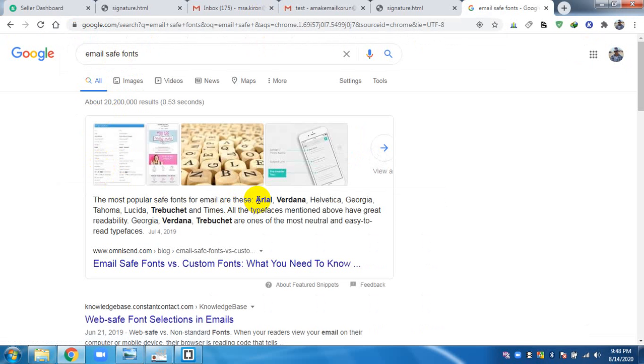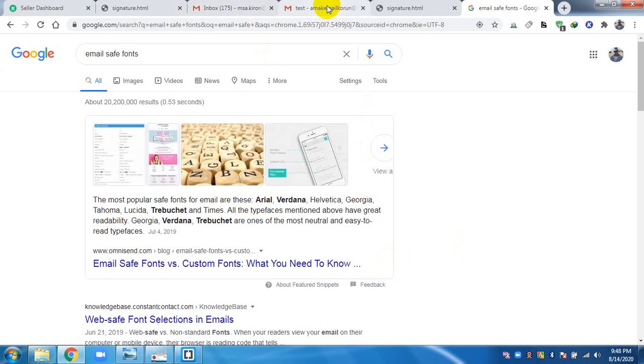So this Arial, Verdana, Helvetica, Tahoma, Lucida, and these kinds of fonts are very safe fonts for email. So these kinds of fonts support all the email clients.